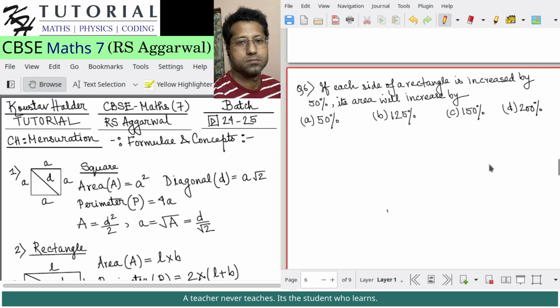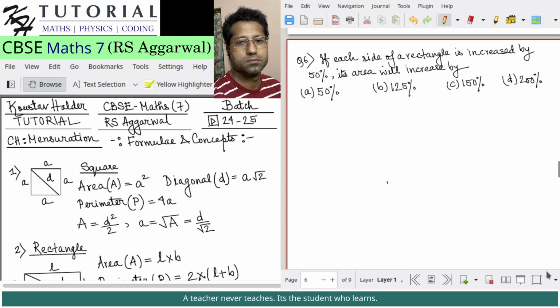Okay, let's do problem number 6. If each side of a rectangle is increased by 50%, its area will increase by. If each side of a rectangle means length and breadth, so if both the length and breadth are increased by 50%, we have to find then how much the area is increasing. Okay, so let's say